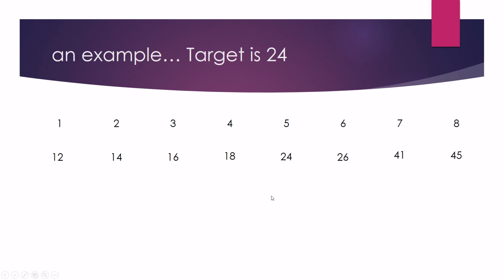So as the algorithm starts, we know the lower value, we know the upper value, and from that we calculate the middle value, which is 4. 1 plus 8 equals 9, divided by 2 equals 4.5. Integer value of 4.5 is 4. There's middle. Now we're looking for 24, so straight away the algorithm says I can wipe out that part of the array. So therefore now I have